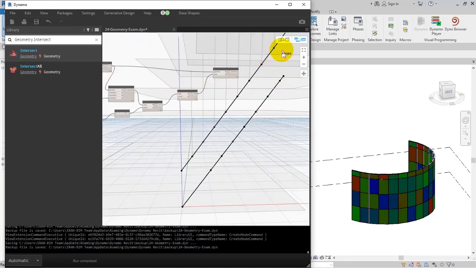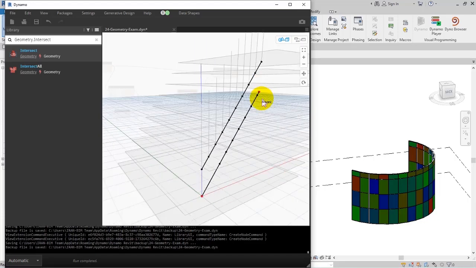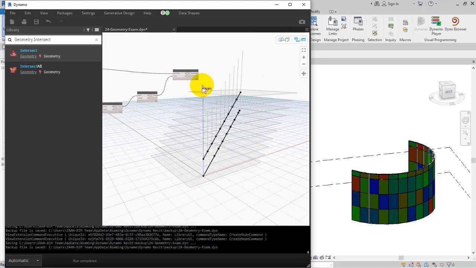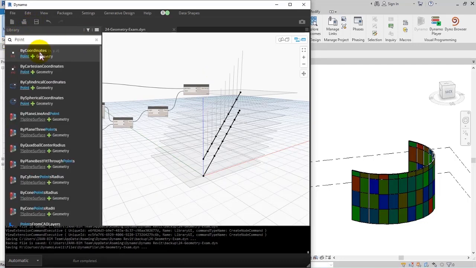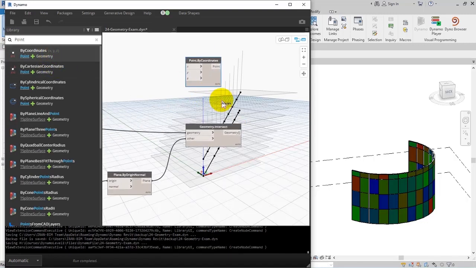As you can see, we got some points here at the direction of the lines. Anyway, then in continue, I save it at first and then point by coordinates